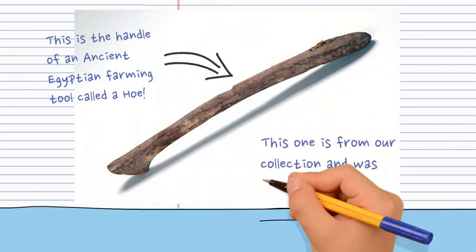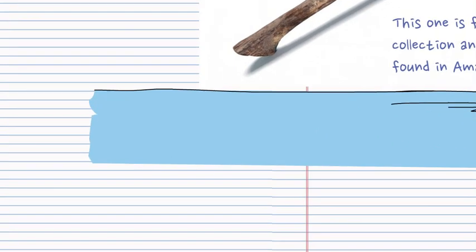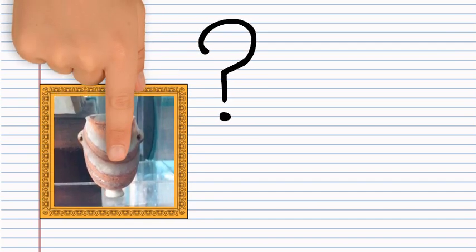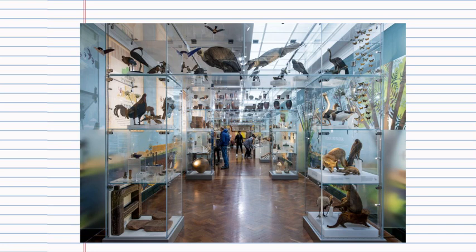What you can see now are two of the oldest objects from the Land and People Gallery in the museum. These are even older than the pyramids. They were made by some of the earliest Egyptians. We aren't going to tell you what they are because we want you to come to the museum when it reopens and find them for yourselves. The fantastic team at the museum will be happy to help you and tell you more about them.